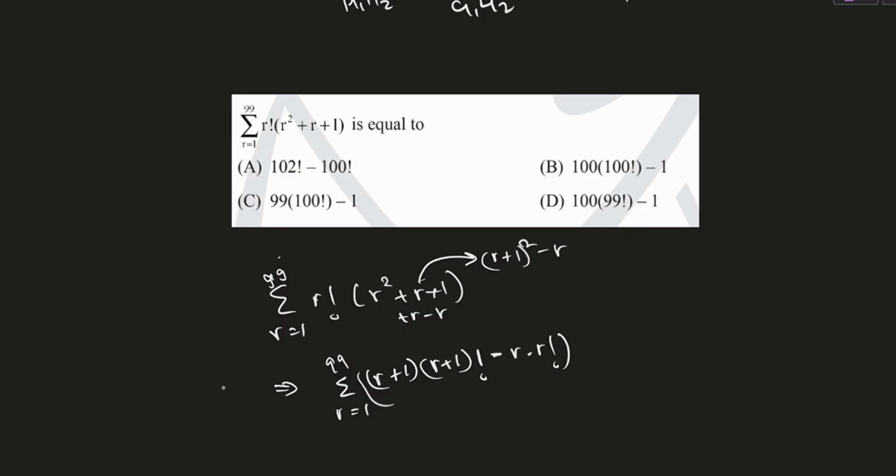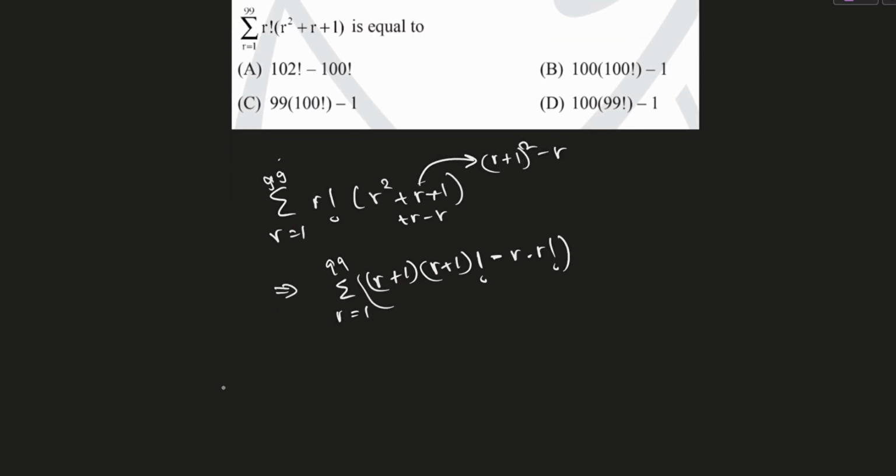So from here, I need to cancel out terms. So in order to cancel out terms, listen to this habit of mine. It is very useful. I do not write down all the terms and then cancel and show the cancellations. I can do the cancellations mentally. So what I did was I imagined the very next term to this term over here. The very next term to this term over here would be r plus 2 factorial times r plus 2 minus r plus 1 factorial times r plus 1. So I can see that this term over here gets cancelled by the very next term. And similarly, I can see that this term over here gets cancelled by the very previous term.